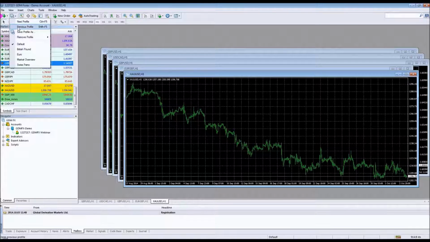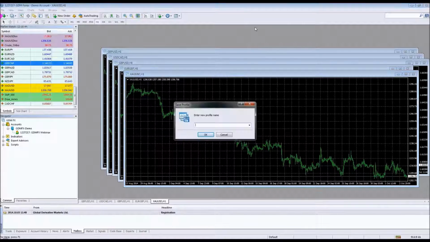A profile remembers the entire layout of MT4, the open charts, their appearance, the indicators that you put there, the arrangement, the lists in your market watch, everything. It remembers it. So once you would like to save it, you just press save and